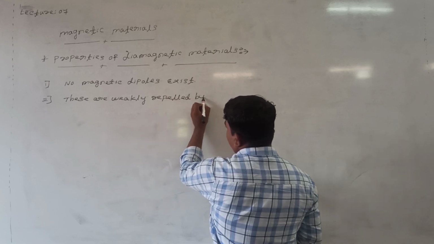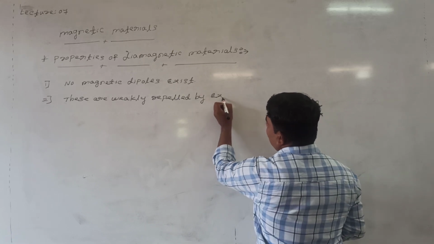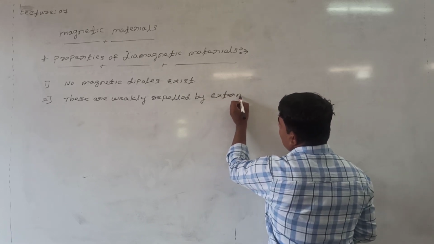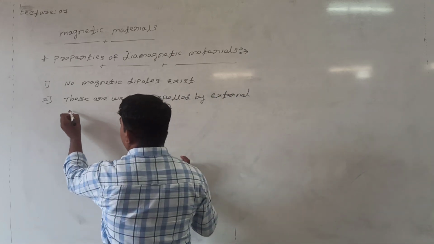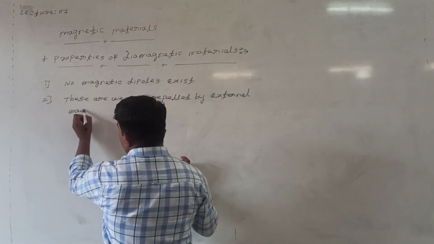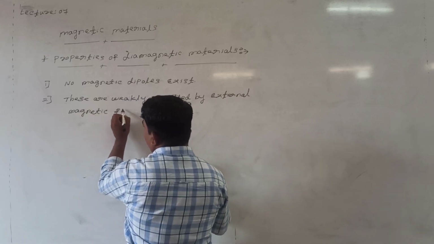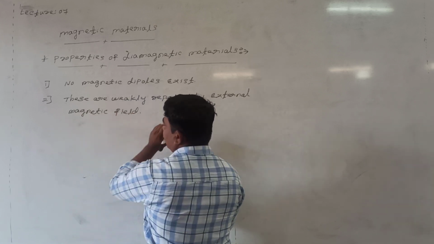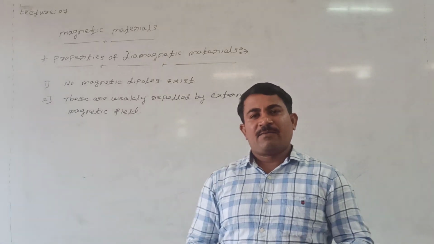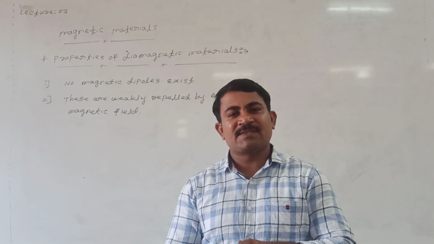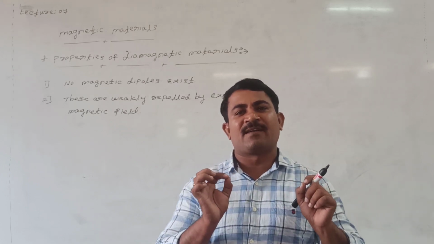Repelled by external magnetic field. This is the second property. But when this diamagnetic material is subjected to an external magnetic field, no magnetic lines of force